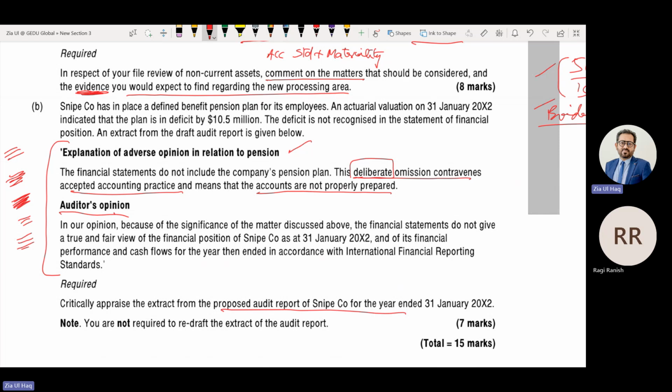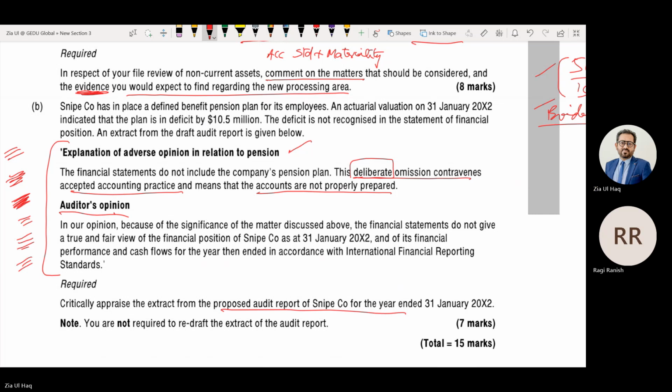The effect of this misstatement on the financial statements is not there. How did you treat the matter as material or pervasive? The matter is material, but you have treated it as pervasive. There is no justification for that. That is also missing. Auditor's opinion: the heading must be 'Qualified opinion' rather than 'Auditor's opinion'.